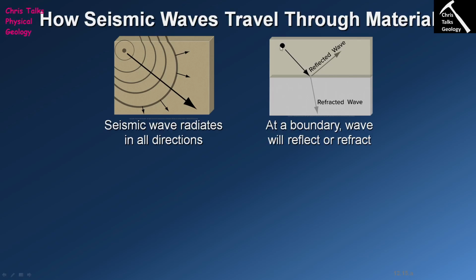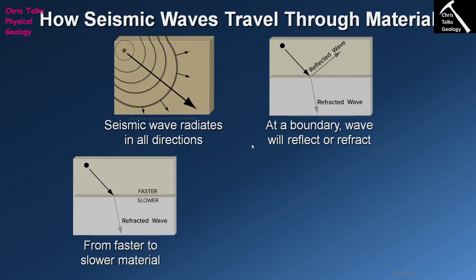Now, we can see here's our hypocenter once again, and this black line here is representing the seismic wave. So in this case, we have a seismic wave that's pushing down, and it's moving towards a boundary between two different layers of rock. Now, at this point, two things can happen. One, the wave can be reflected back towards the surface, or two, the wave can be refracted as it crosses the boundary. Now, refraction essentially means that the angle at which the wave is traveling shifts. Sometimes it can become steeper, like this one, and sometimes it can become shallower, like this one. And we're going to cover a couple of examples of how refraction changes the path of a wave in the